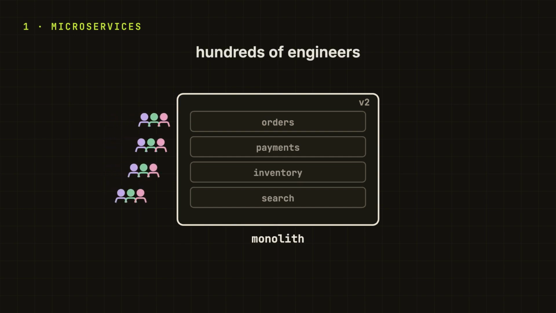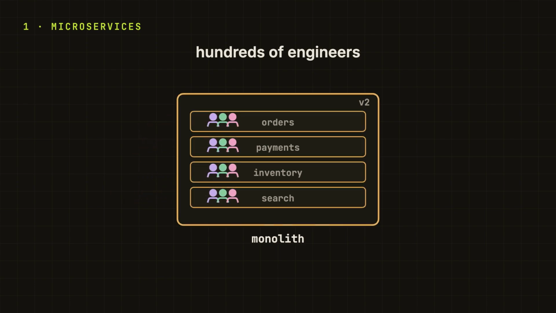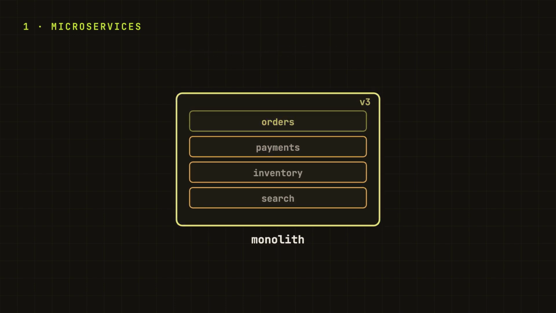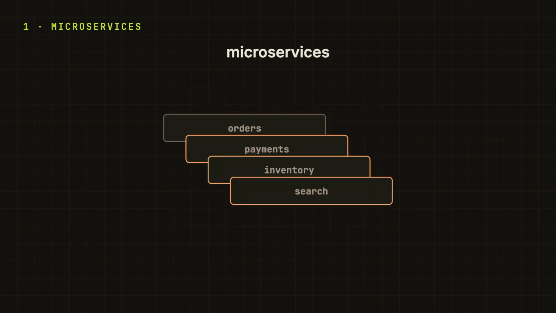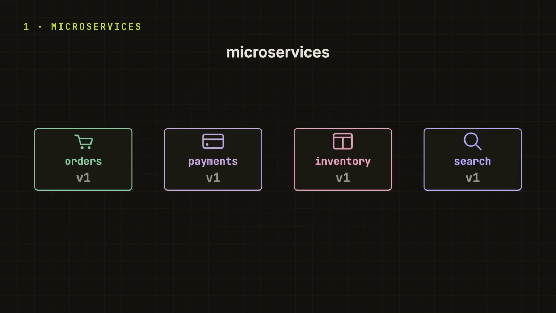But as the company grows to hundreds of engineers, that one program becomes a problem. So many teams are all editing the same code, getting in each other's way, and every tiny change means redeploying the whole thing. So the fix is microservices. You break one big program into many small independent services, each owning one area of the business. An order service, a payment service, an inventory service, each with its own code, its own team, and often its